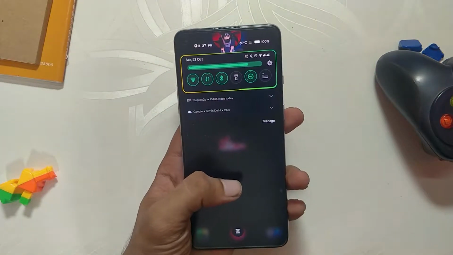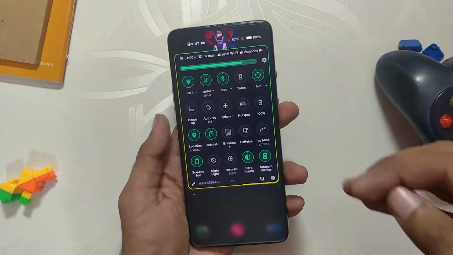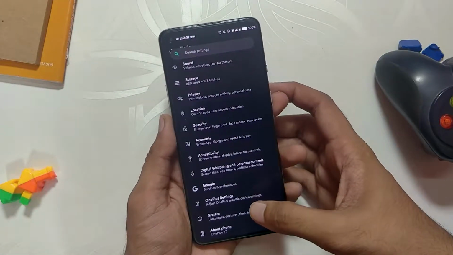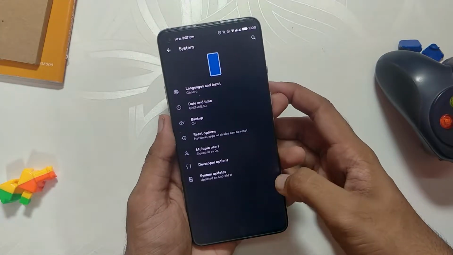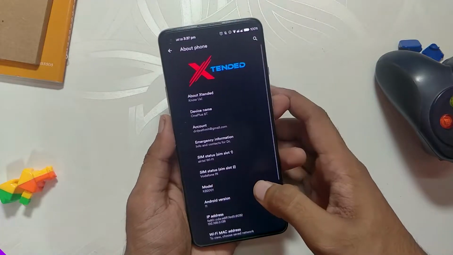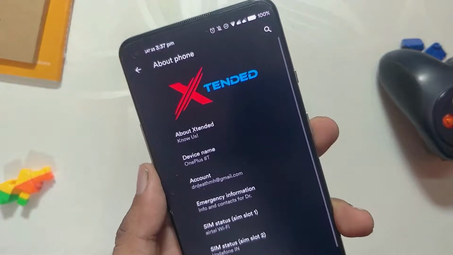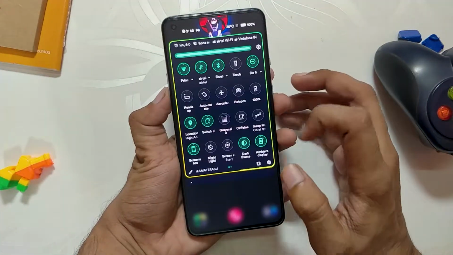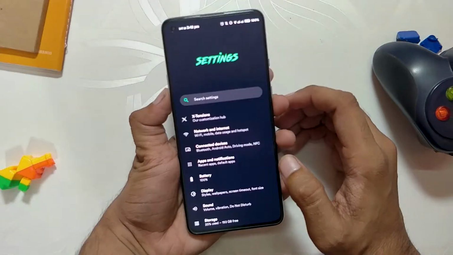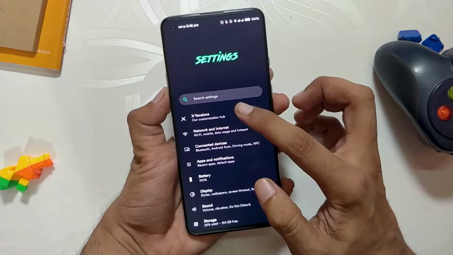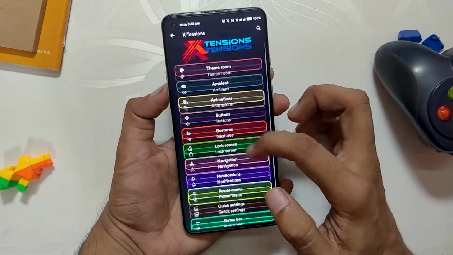In this video, we are going to review the custom ROM with the most number of customizations, Extended, aka MSM Extended. So without wasting any more time, let's get started. MSM Extended is a custom ROM which is known for its customizability. This ROM provides tons and tons of customization, and it will literally take you 1 to 2 hours just to get through each of the options that this ROM provides.